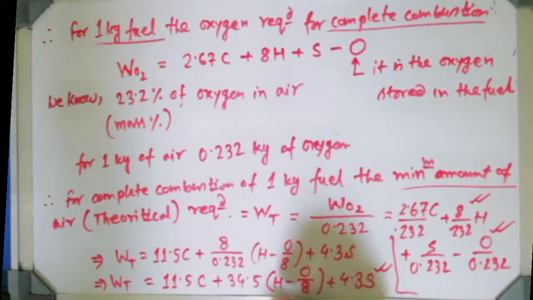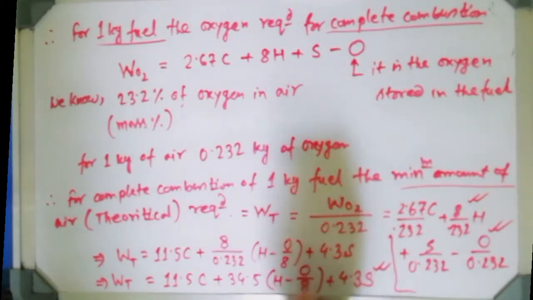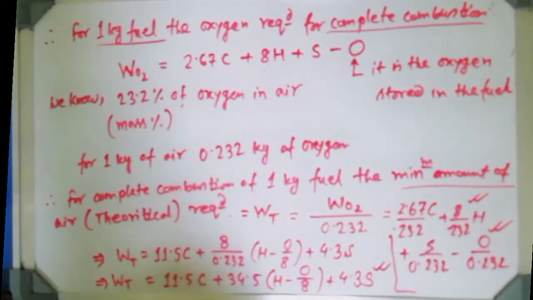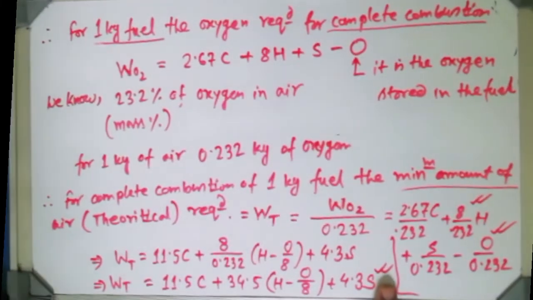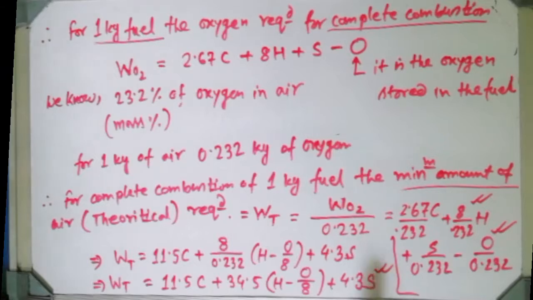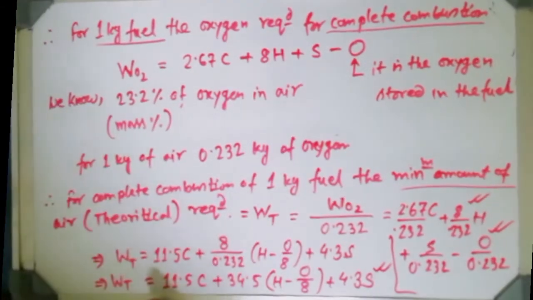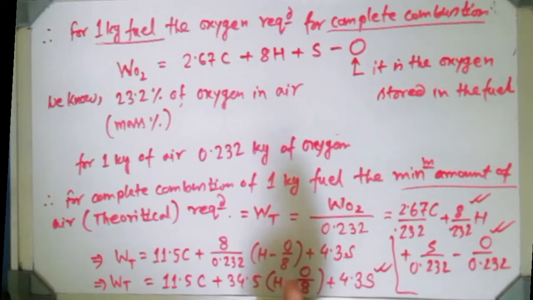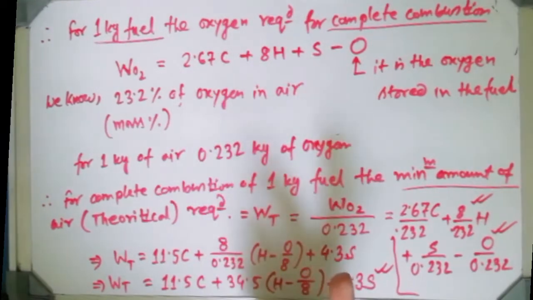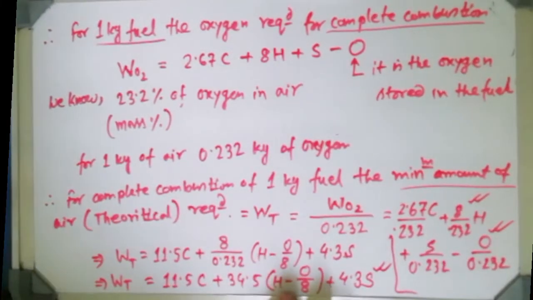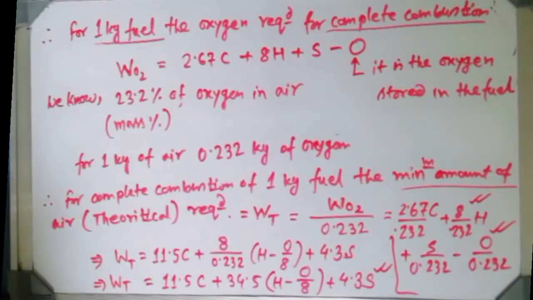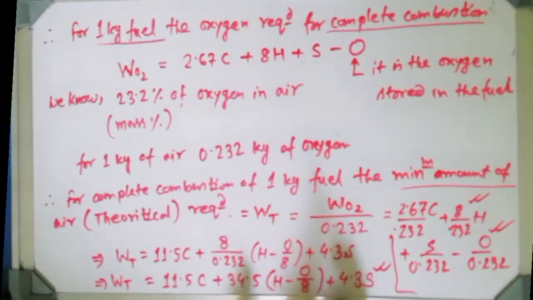So that whole expression you should note down properly. If in the problem you are asked what is the theoretical or minimum amount of air required to supply to achieve complete combustion, we just have to solve this expression. Now, how can you substitute the values of C, H, O, S? Mind it, C or H or O or S will be substituted from the given data in your problem, in terms of 1 kg.